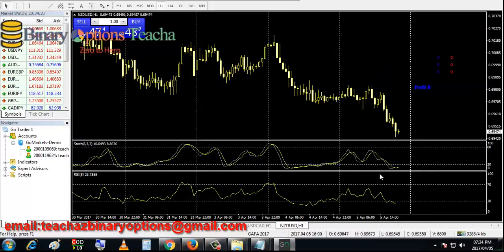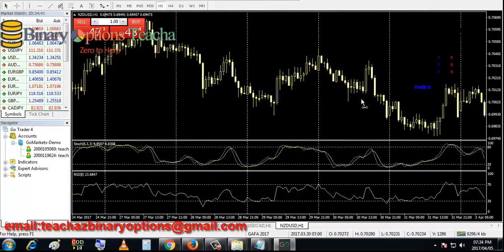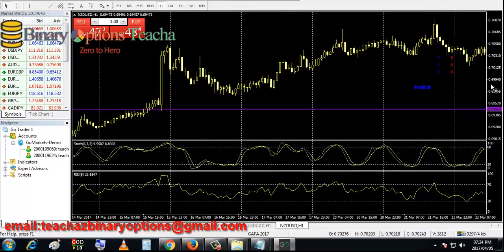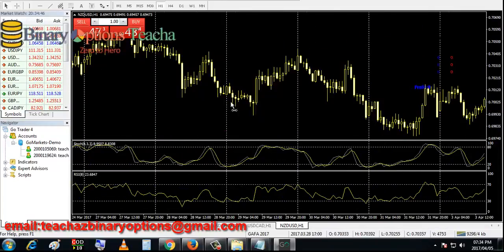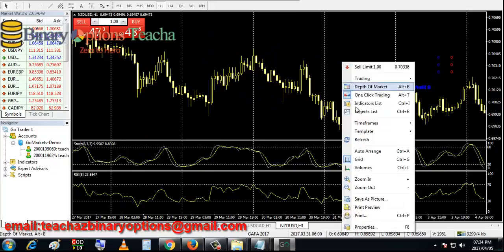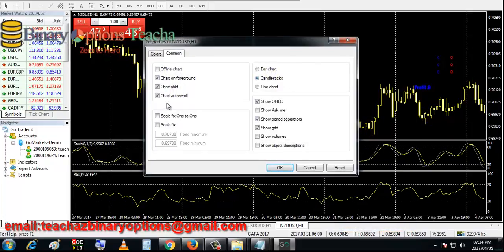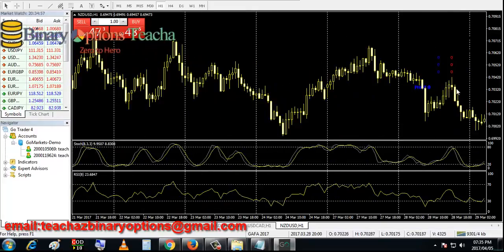So as you can already see, let's just, so I paused the video. Now I'm back. I'm trying to see if we can trade this. There's a good confirmation on the stochastics that the price has gone down. It might be coming back. Let me just remove the auto scroll. It keeps on disturbing. Chart auto scroll. Okay. So I just want to be able to